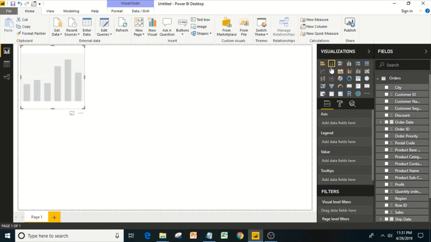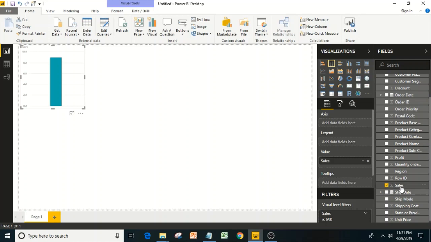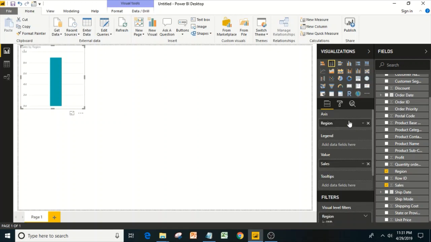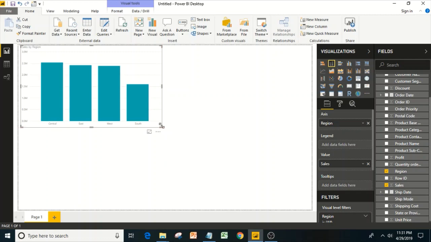So just click on this chart here, and here you get a blank chart. Okay, so what I need to do is just select sales. You can check it or you can drag it to your value. It's your choice. The way I'm going to do it, I'll drag region to axis. So this way, you can see that I got a sales by region bar chart. Okay, so this way I can see how much sales are coming up for